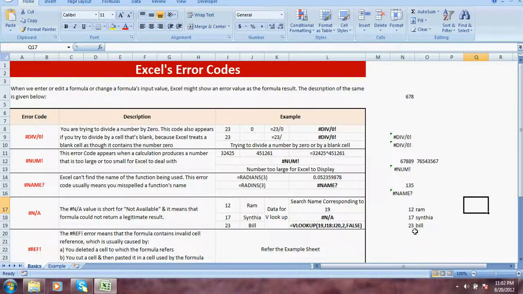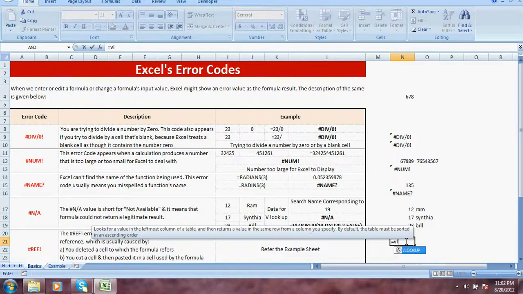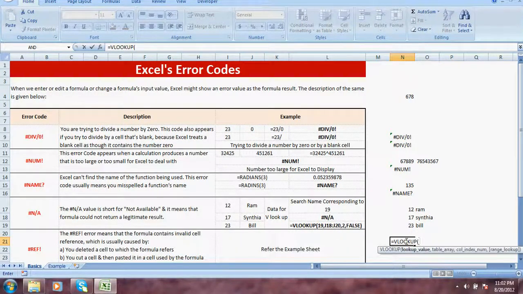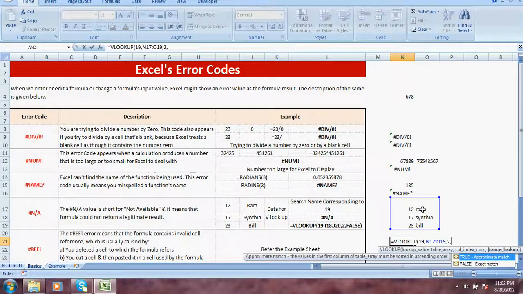Let's assume we are using VLOOKUP, and we are asking the VLOOKUP function to look for the value 19. This is the data table which we have mentioned, and based on this number 19 it should give us a value from column 2. This is the first column, this is the second column, so column 2. We want an exact match.